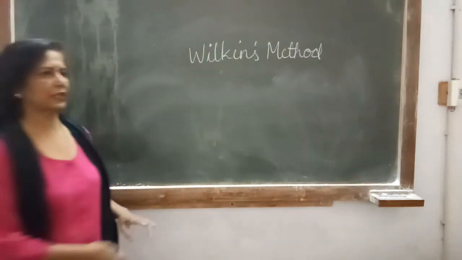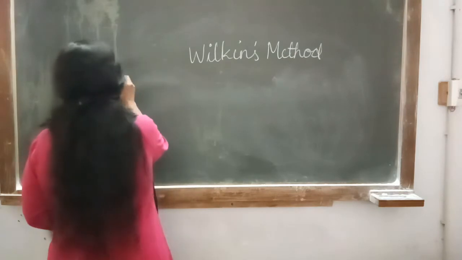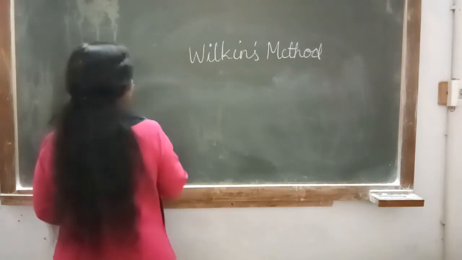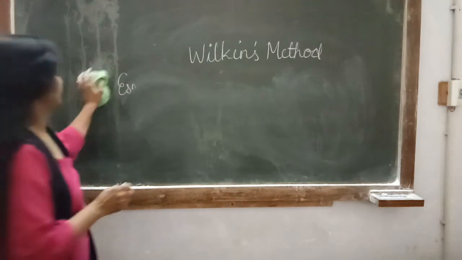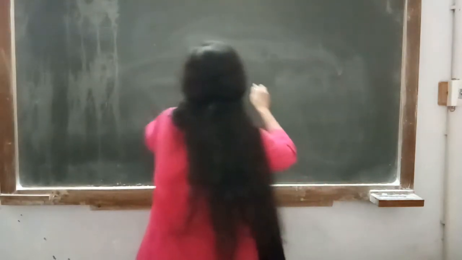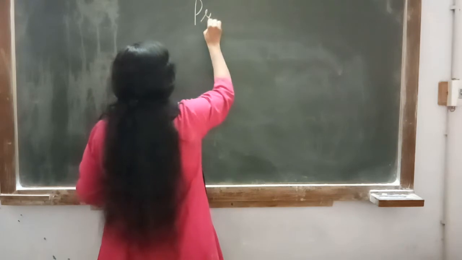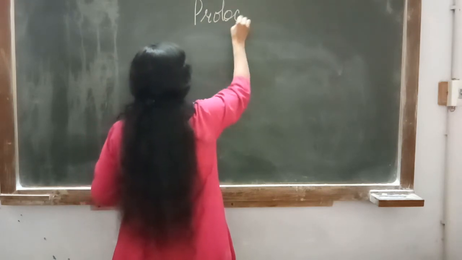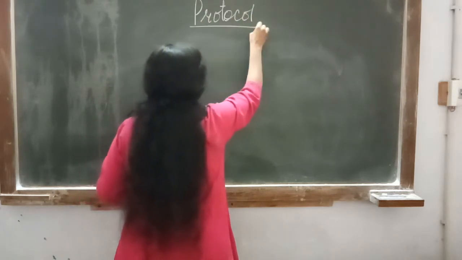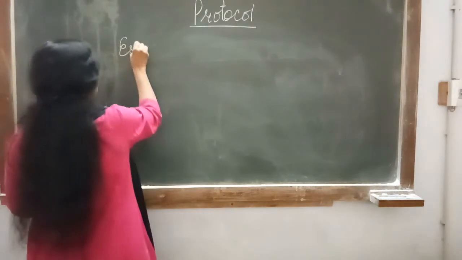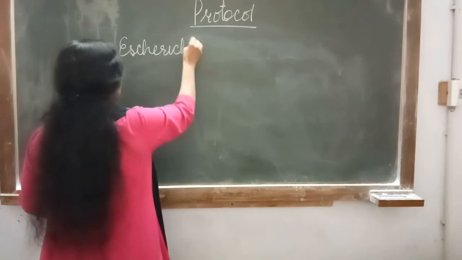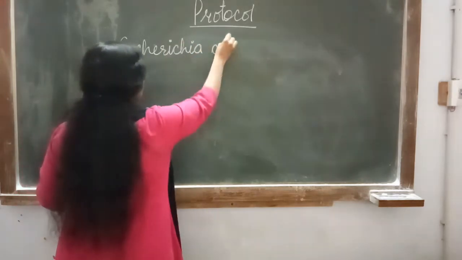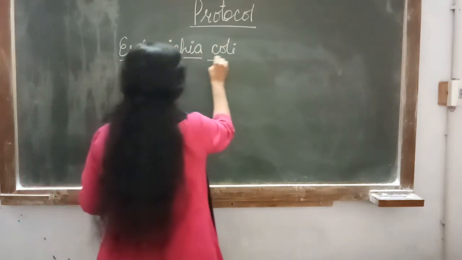Now first of all, what is to be done? First of all, we will take Escherichia coli. We will write now the protocol of Wilkins method. First of all, we will take Escherichia coli in the form of suspension,